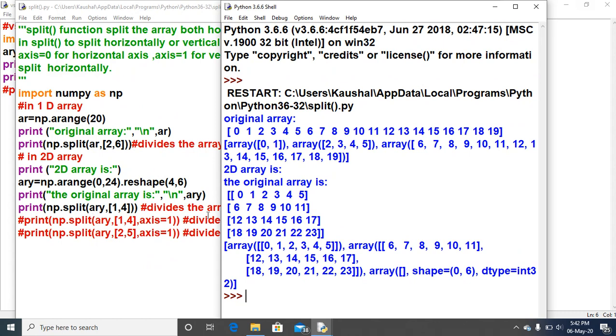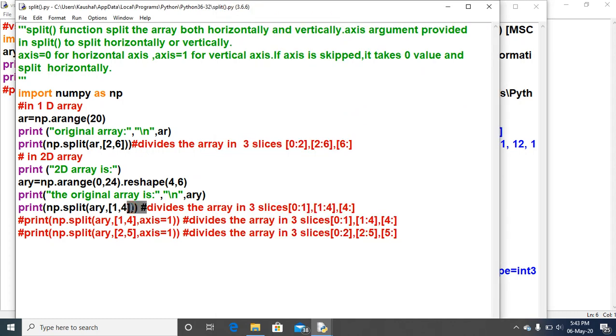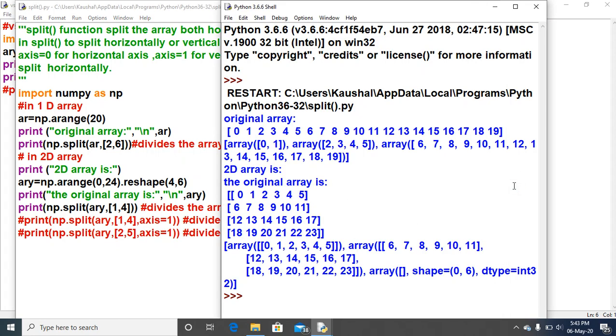With 1 comma 4, the first is 0 to 1. It splits horizontally because the axis argument is skipped, so the axis value is 0. The first split is 0 to 1, which is 0, 1, 2, 3, 4, 5.